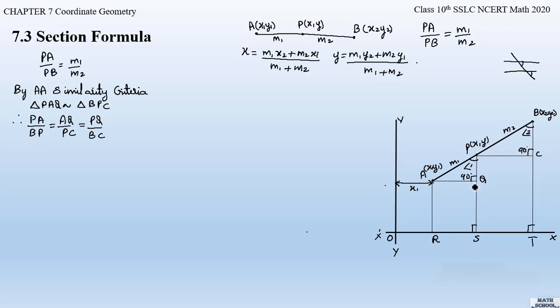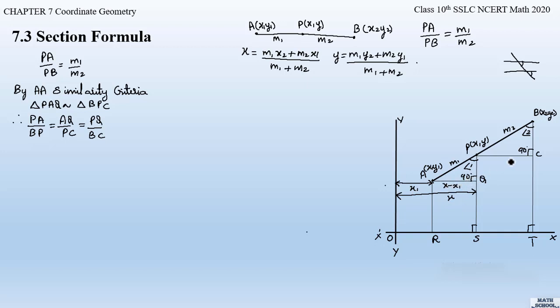Now similarly, let us take the distance from the origin to Q. What is the x coordinate at Q? The coordinate of Q will be equal to the x coordinate of P. What is the coordinate of point P? It is x. So we will write here x. So the distance of AQ will be x minus x1, right? So AQ will be x minus x1.